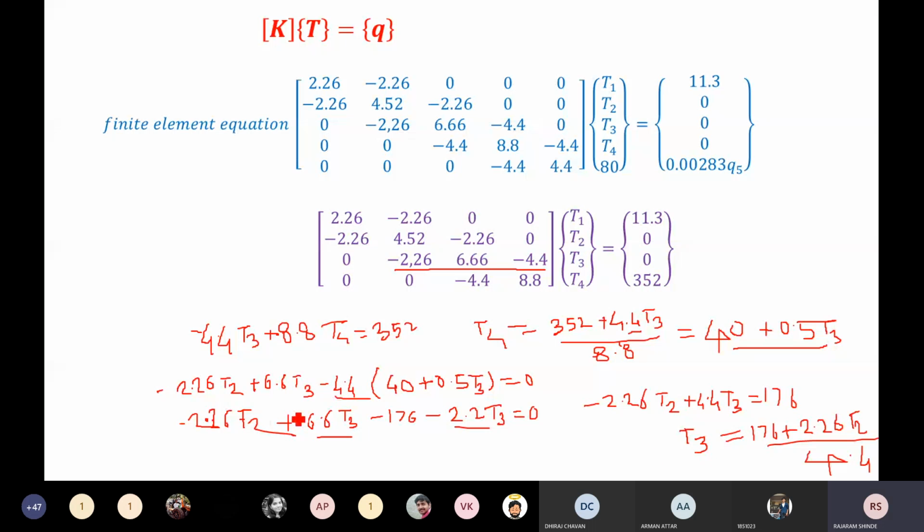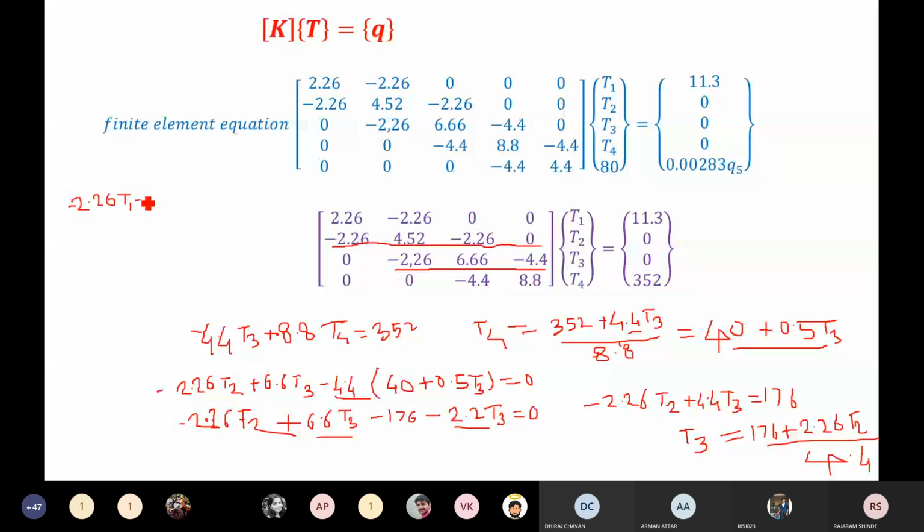Yes, sir. Now we have written the second equation. Sorry, this third equation. Am I right? Now you write the second equation. Second equation is also over, na? Or not? This equation you have to write. Here it is minus 2.26 T1